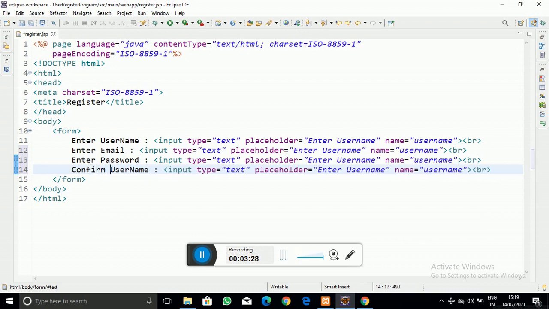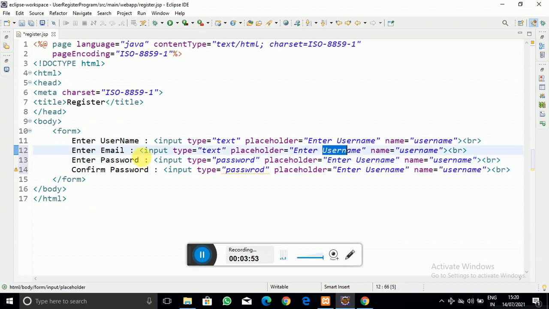Now we are going to use input type password field for the purpose of accepting the password from the user. Now just change the placeholder also. Here you can see enter email and enter password also.